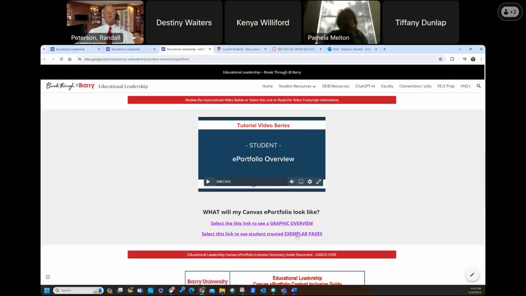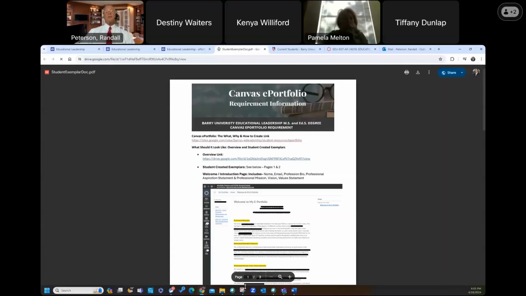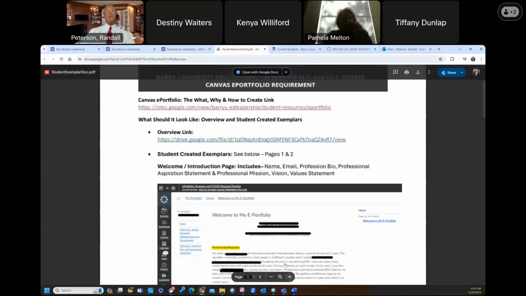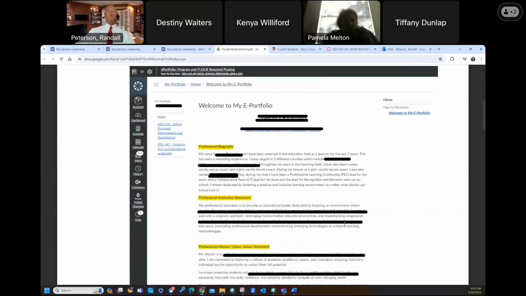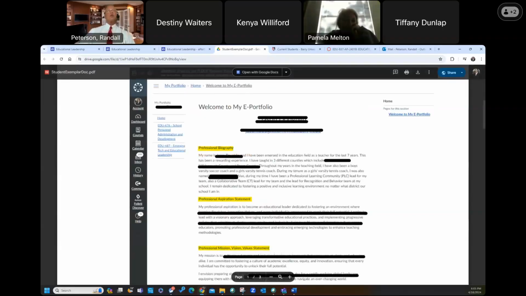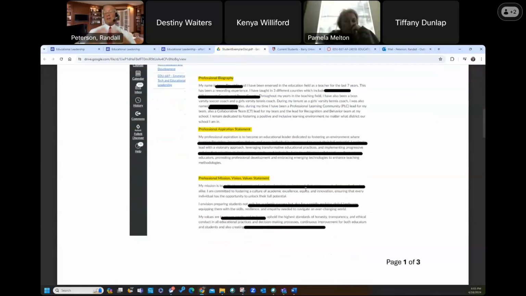And the next couple here, as you look at exemplar pages, some of the students that are in your class right now as they've created their portfolios, I want to put what they actually look like. And so if you click on that link, it'll show you what they wrote. I redacted some of that, so you're not looking at all their personal information, but you get the gist of